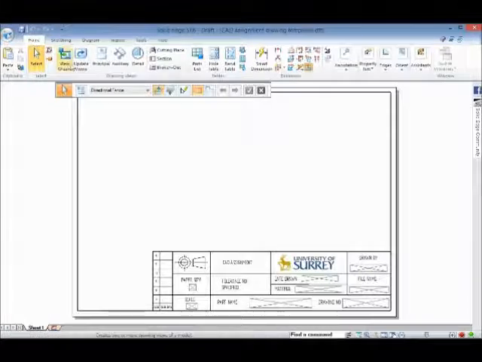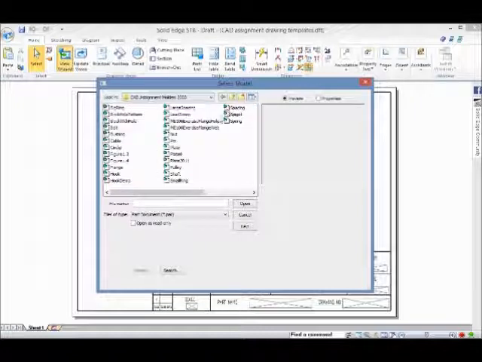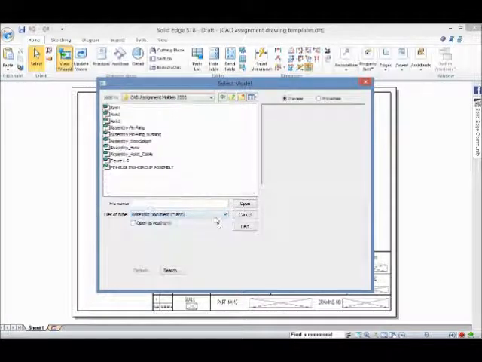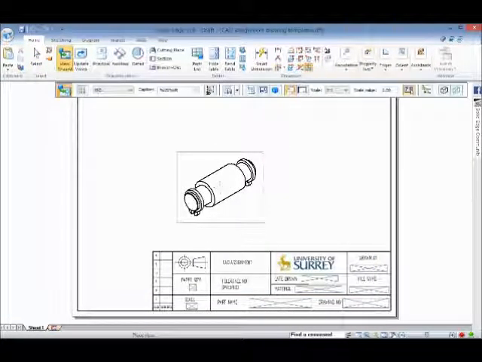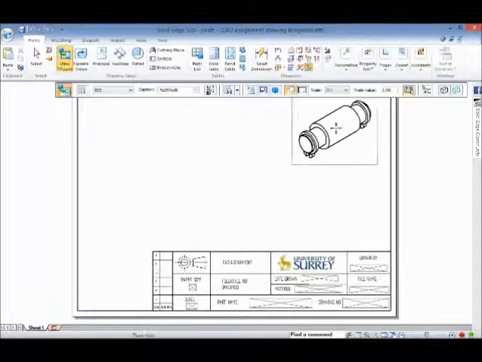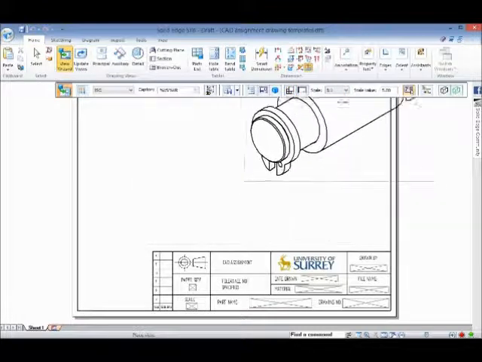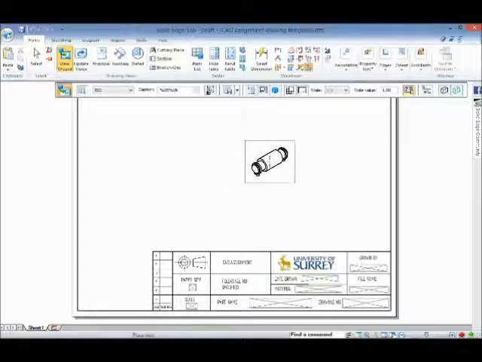And you start to use this view wizard and find your file from the folder. You need to use a drop-down menu to find your assembly file. The one I put in is the pin assembly. Just click that one. Then you can see the assembly pin is there. At this stage, you can change the scale of the assembly by clicking the drop-down menu. Once the appropriate